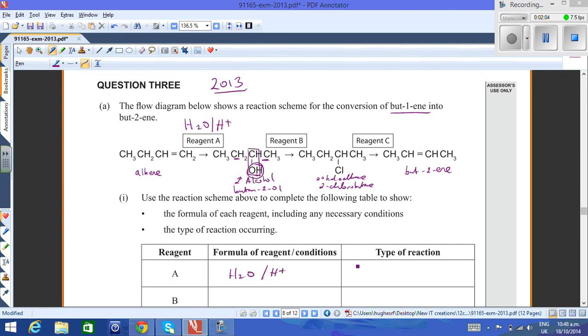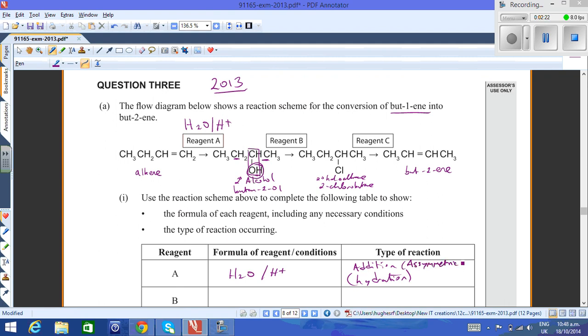Type of reaction here, it's an addition reaction. There are 6 addition reactions in alkenes altogether. Specifically, it's a hydration, and that would be all that you have to write there. The other thing to consider, though, is that it's asymmetric addition,